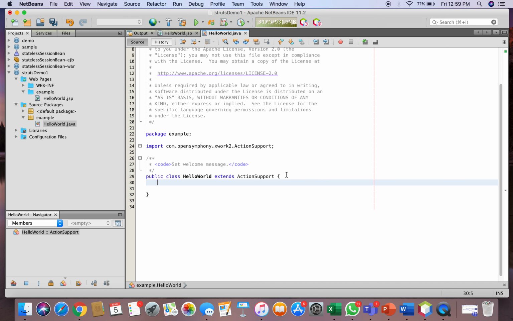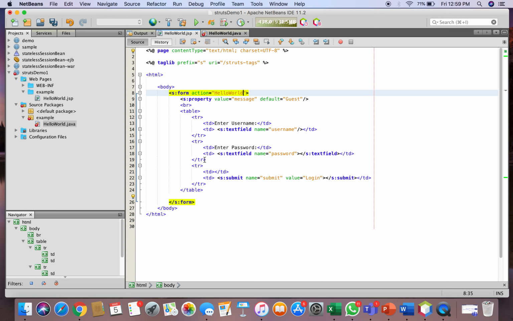Second, we will declare the variables. So we will write private String. Now let's go to our HelloWorld.jsp. It has three variables: the first one is message, the second is username, and the third is password.